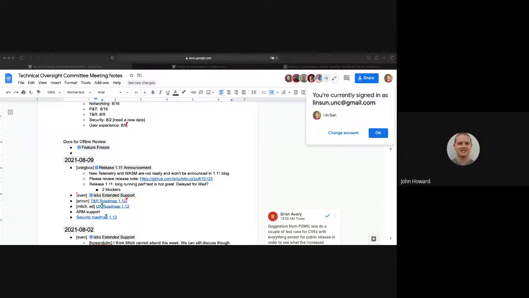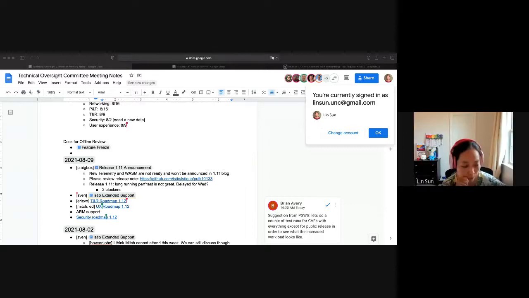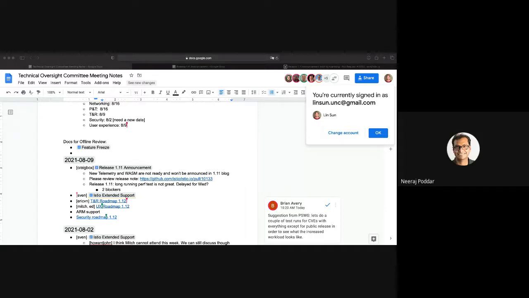We fixed it and actually had a test this time. It's about the subsets. If you have a subset with no labels, it doesn't actually select any endpoints. It's supposed to select all of them. And do we know if it affects older releases than 1.11? No, it was a regression since 1.10. Got it. Okay.